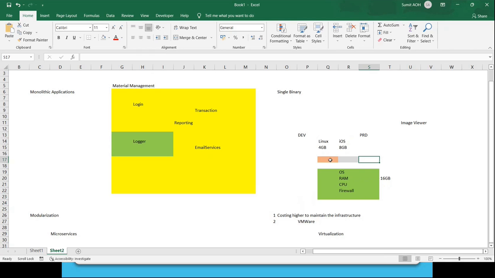I want, let's just say, iOS to be installed over here, based on whatever my requirement is. It would seem okay: rather than having 4 different machines, 4 different infrastructures for running 4 applications, I can settle everything in one system. And this was a boom in the market, that the company doesn't need to pay 4 times if they want to go with 4 applications. But what used to happen is,